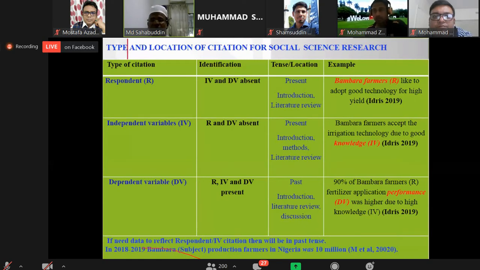Then how to identify? The same. R or IV citation means only R or IV is the focus, in present tense. But when we want to focus on the DV, the result findings, it will be in the past tense. So there are some examples of how we can identify the R, IV, DV citation under social science.